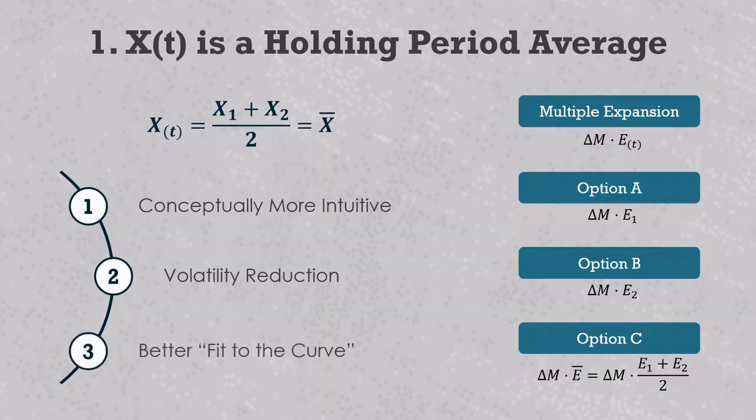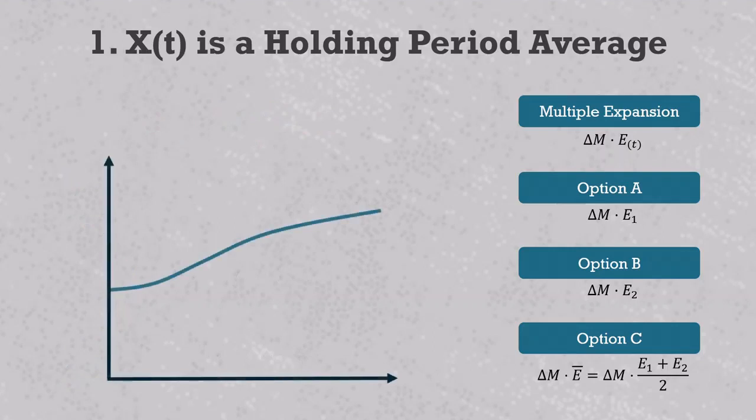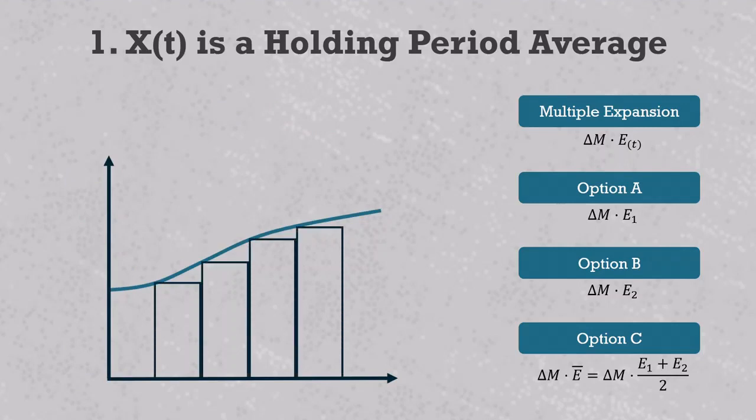The third point is that holding period averages are more mathematically appropriate. This is pretty technical, so I won't go too deep, but try to think back to Calculus 101. The concept of integration is typically introduced by doing this problem of Riemann sums. That's where you take the area under the curve and you approximate it by measuring the area of several rectangles